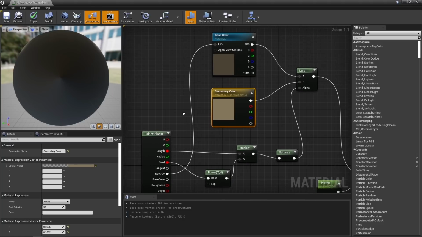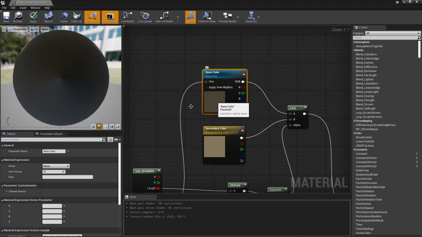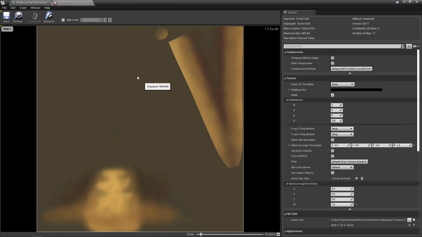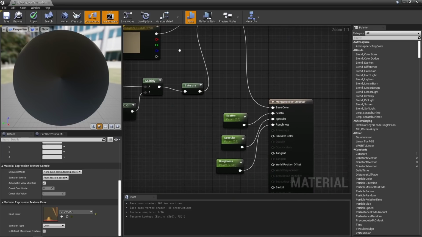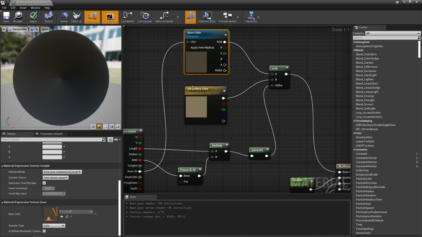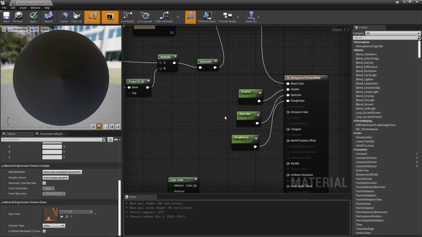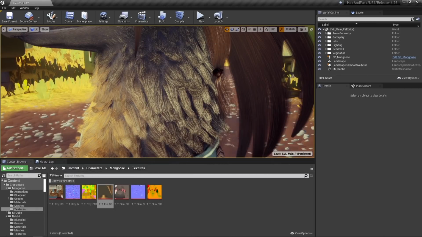The other one that I'm reading is this root UV, and in here what I have is this nice texture that is providing the fur with a nice looking gradient. And that's it. It's a pretty simple setup, just a few nodes for the base color and a couple of values to play with, like specular roughness. And with nothing else, we have this beautifully rendered fur.